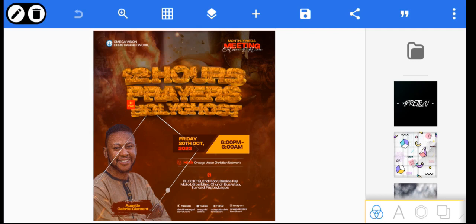Now one thing you need to understand about background manipulation: you notice that every detail here is being paid attention to. You can see the image here and all of that, but they are not distracting. So those are the things you need to pay attention to when manipulating your background. So now I'm just going to